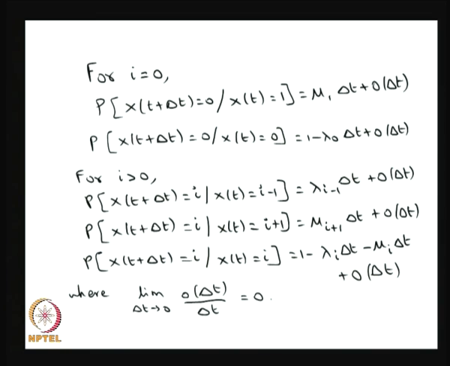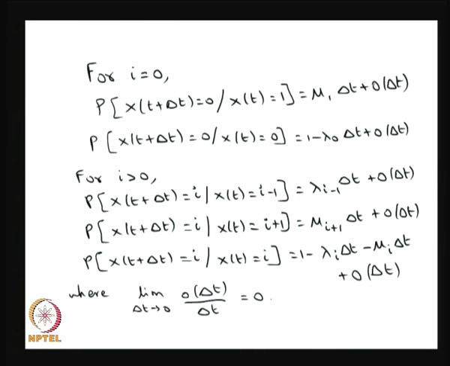This order of delta t may be a function of delta t; it need not be the same. As delta t tends to 0, these quantities are going to be 0. Order of delta t divided by delta t is going to be 0. Therefore,